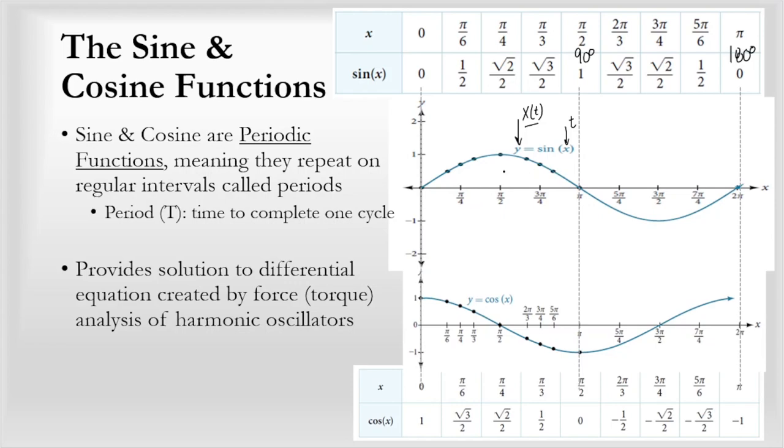Okay, and so sine and cosine are cyclical, right? They repeat on regular intervals called periods. And so we can a priori know that we're going to use sine and cosine functions in order to model simple harmonic motion. As you move forward into calculus and you look at differential equations, you may even be in